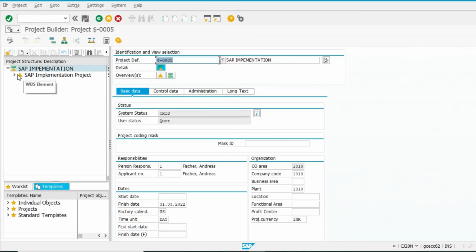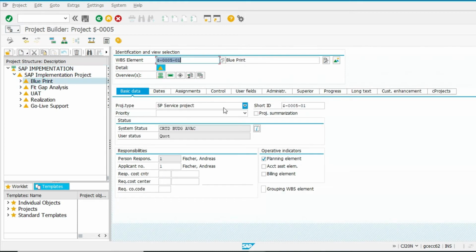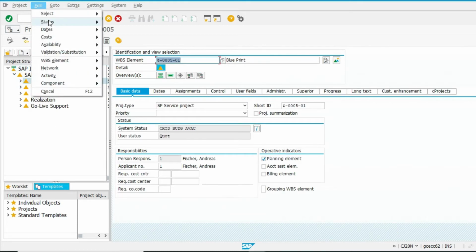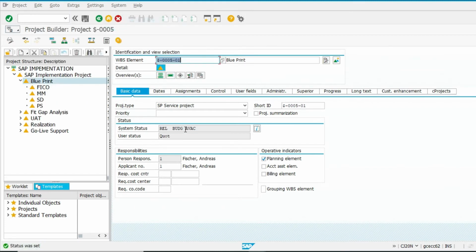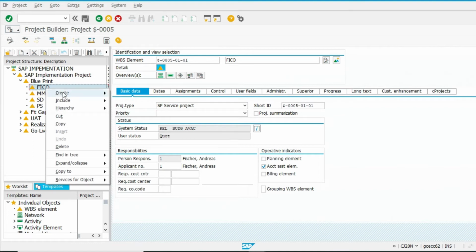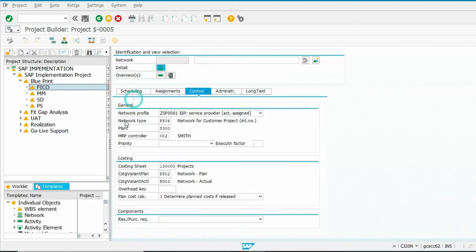Now we have to release the created budget. Blueprint, edit, status, release. Now our blueprint phase gets released. Now we can mention activity also, but before that we have to create a network. Go to network, then change the plan code.